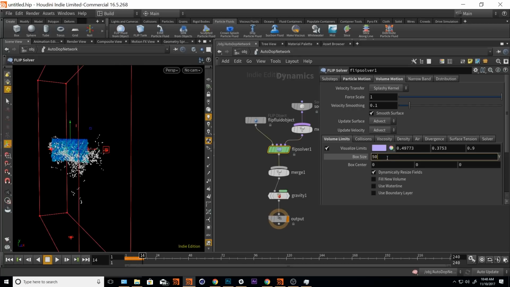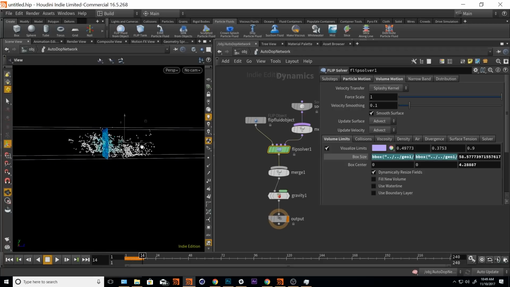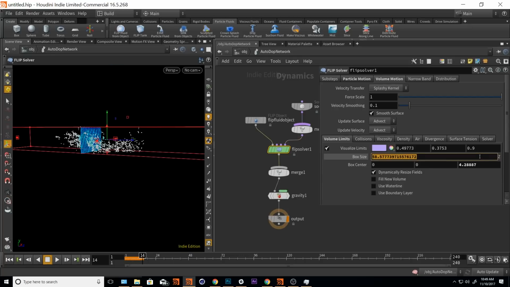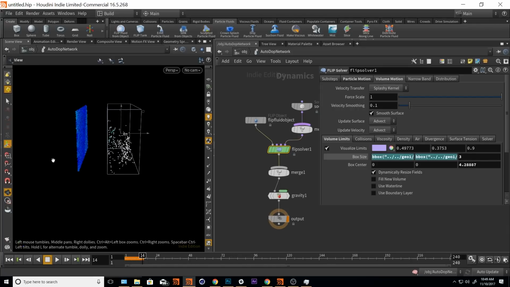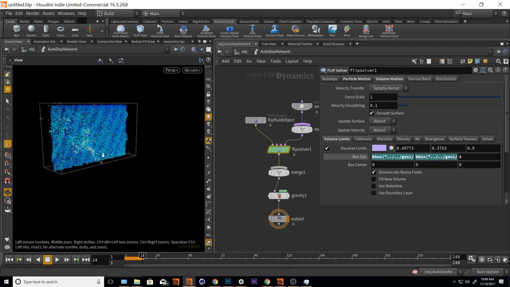object. Let's do it again for y. I'm going to select all and copy, and then go into the y field and paste it and change dx size to dy size. And there we go. In terms of the thickness, I don't want this set to the thickness of our bounding box. I'm just going to set it to something like 3. Should be good for us. I'm not sure why the box center got moved out to 4, but I want that to be centered around 0 as well. So there, we've got our sim nice and contained in a nice small